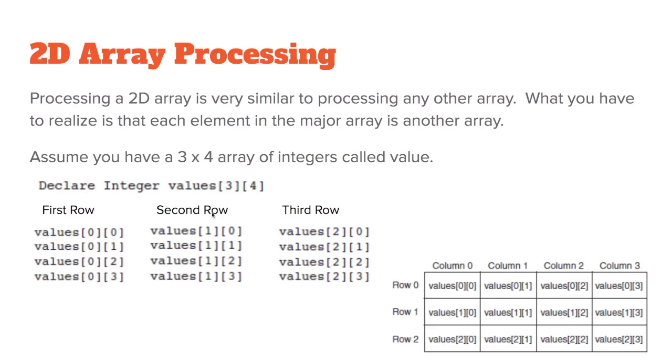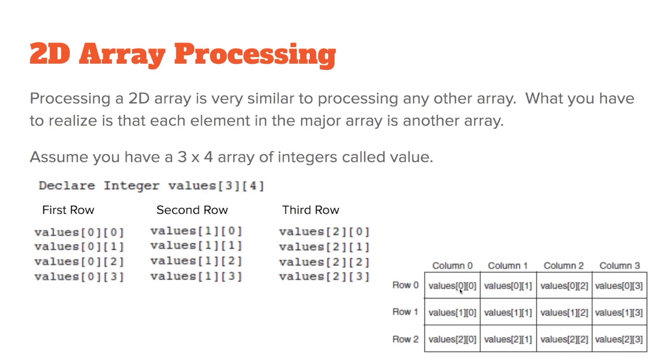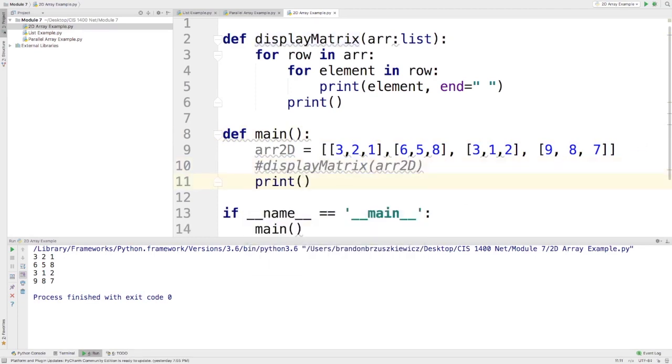So why don't we try, this is again, how do you process it? So here we have our values, could be a 3x4 array. Okay, in pseudocode we would declare it as such. In Python we just build them dynamically based on size. But either way, you'll notice that in a two-dimensional representation, this is row 0, row 1, row 2, column 0, column 1, column 2, column 3, and the indices go as such. Okay, we can always access any one element of a two-dimensional array very, very easily by simply accessing it by indices. So we could just simply print, if I take out the display part,